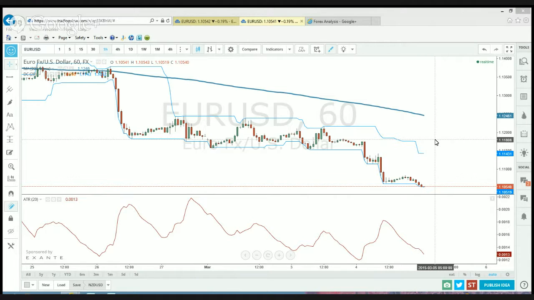Another thing you can use is the top channel here of your Donchian channels. If you're in a profitable position, and it comes back to the top of this channel, which in this case is 1.1143, then you get out there because it's hit the top of your channel. And that would be fine with me. I got into this at 1301 or something like that. So that would be fine with me. I've made a lot of pips on that trade. So I wouldn't even be mad if it came back and hit my 2 times ATR or the top of